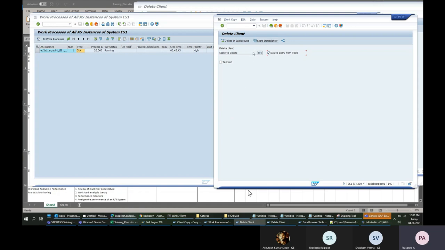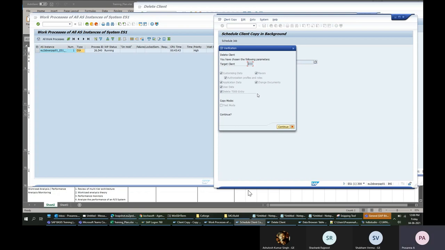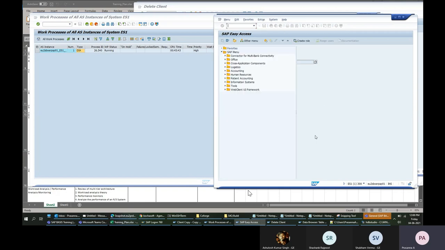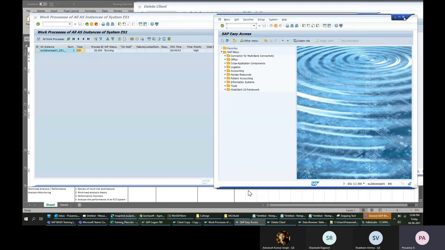So I schedule it in the background, with immediate schedule job. Same thing, I'm scheduling in the background. So the background job is successfully scheduled. Now I can log off from the system as well. There will not be any problem of timing out.